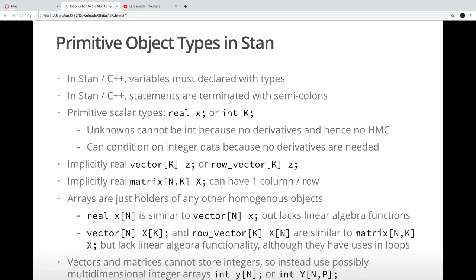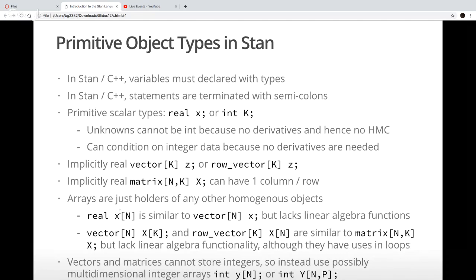Unlike an R list, which can be anything: heterogeneous objects, different sizes, etc. So you can have a real array called x of size n, and mentally that is similar to a vector of size n.